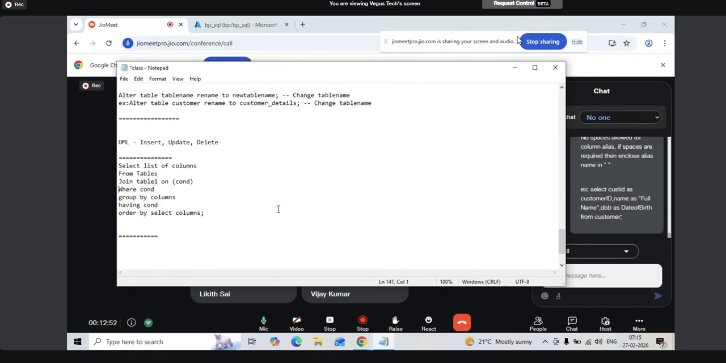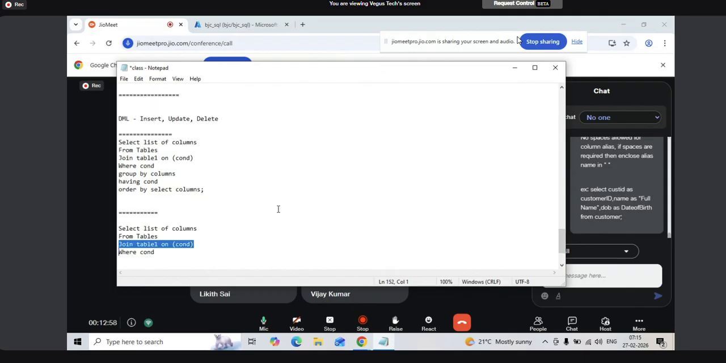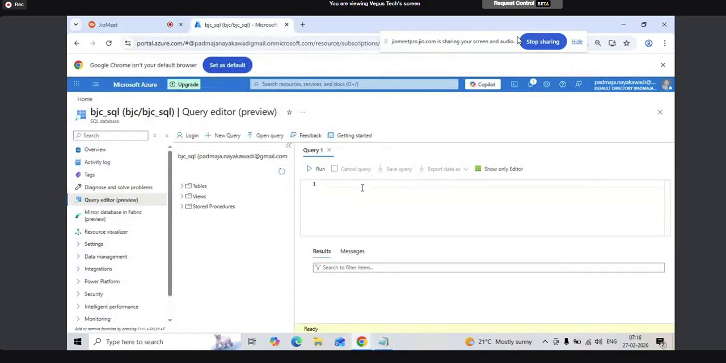So what we have done, we have not gone to joins first, we have gone to where condition. Select star from customer where cust ID equal to 102. This is what we have executed, right? So let us see. 102. If I want 103, I will change it to 103. If I want only 102 and 103,